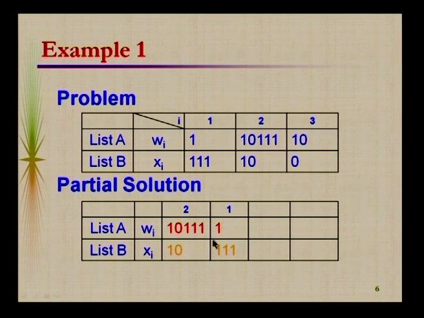which is nothing but 1 1 1. So now if you combine both the patterns, as far as list A is concerned, it is going to be 1 0 followed by 4 consecutive ones. In the case of list B, it is 1 0 followed by 3 consecutive ones, which means the list B concatenation is a prefix of the list A concatenation. So it is a partial solution, but it is not a complete solution, since there is no proper match of the concatenations from the left side and the right side, of list A concatenation and list B concatenation. So this is a partial solution.